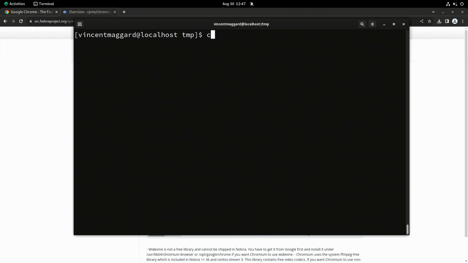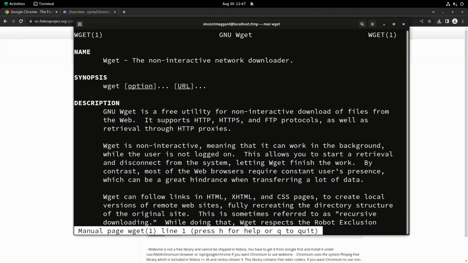Now, curl is a similar command, which you can see here. I kind of just like wget better. Curl's all right for certain things. I think curl's better for posts and accessing APIs, and wget is better for just pulling down data. If we look at the man page, the non-interactive network downloader is its little tagline, and it is a free utility for downloading files from the web.